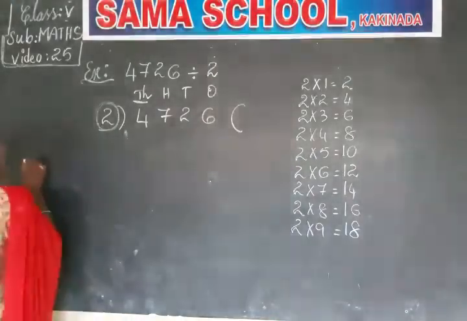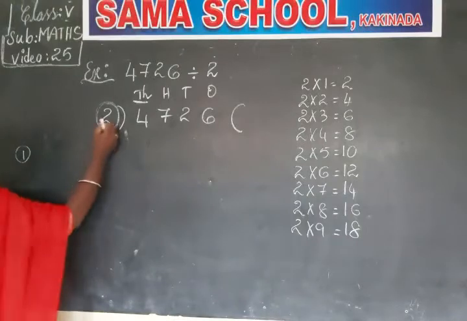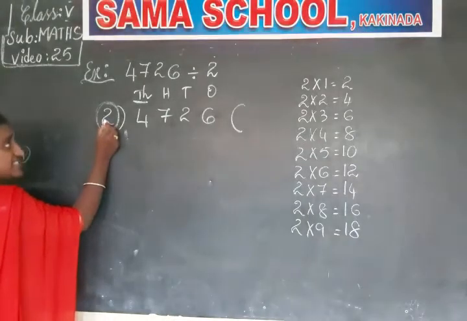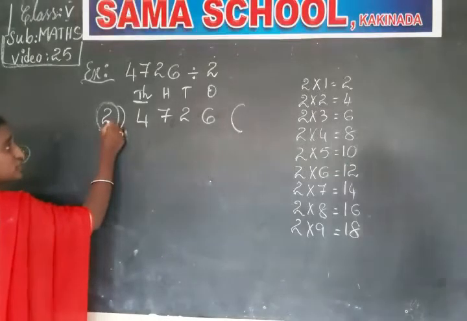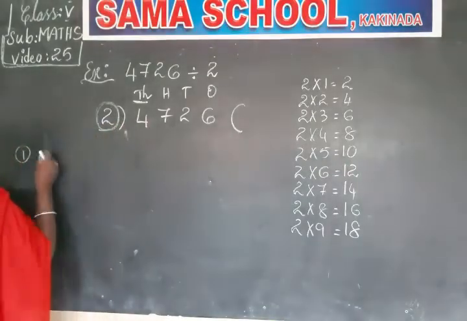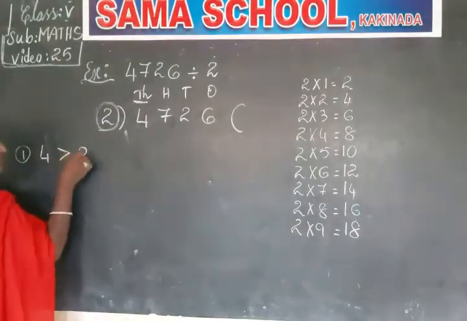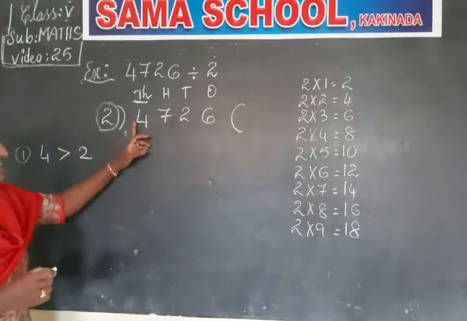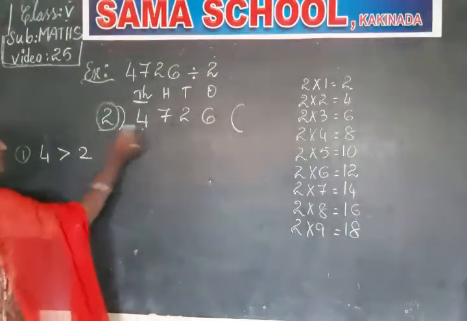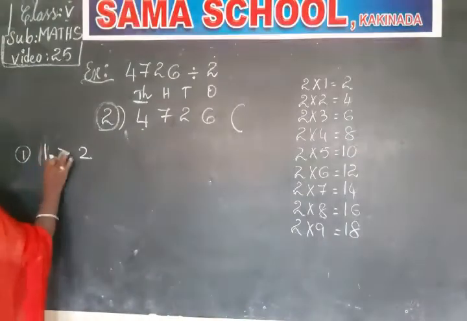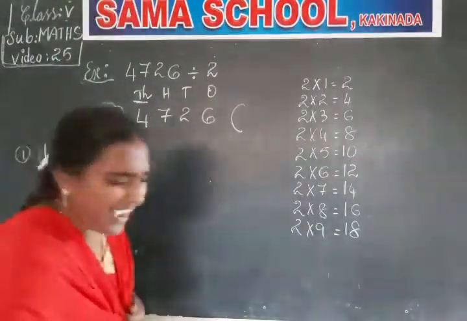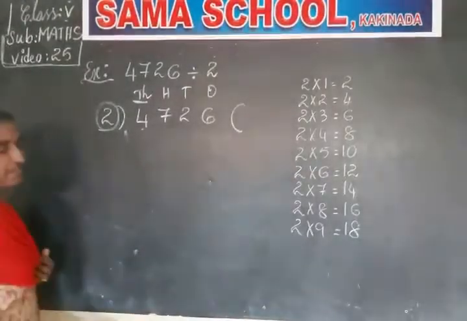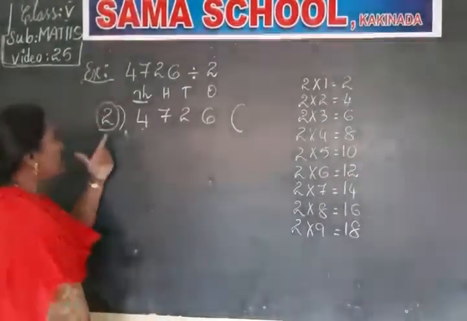See, here we have a rule. Actually, the divisor should always be less than the first number. Like this we have to see. Then we can take the first number. For example, if you have 1 here, then we have to go for the next number. In that way, if you follow, you will be a little bit confused. So you can follow it in this way.